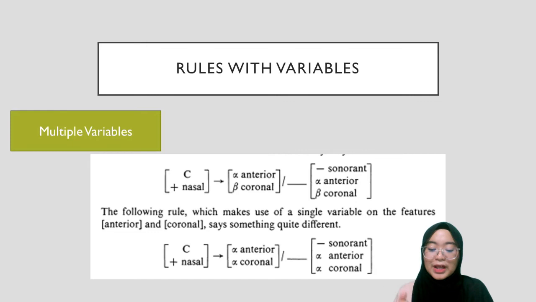That is, if the obstruent is plus anterior and plus coronal, or minus anterior and minus coronal, the assimilation will take place. So it will be equal. This rule would convert MT and MK to NT and NK, respectively,